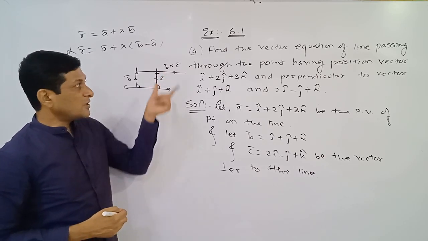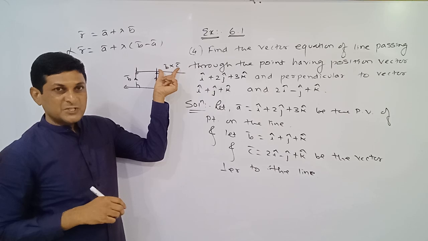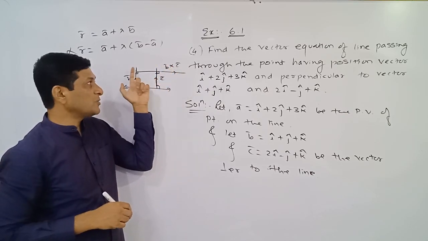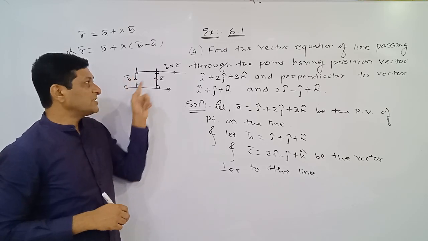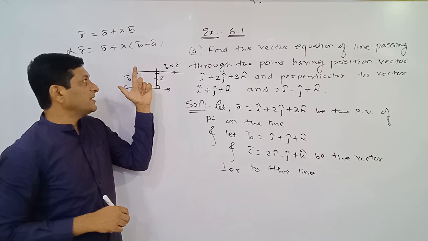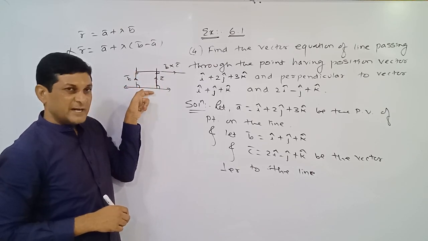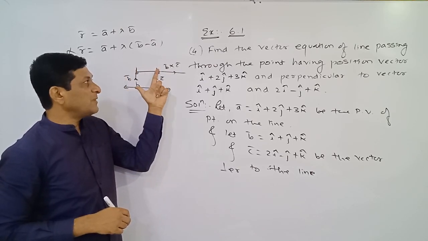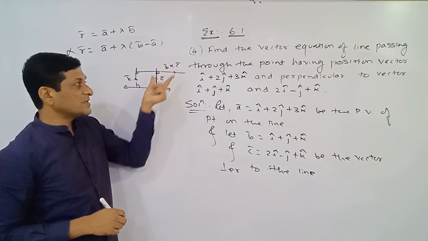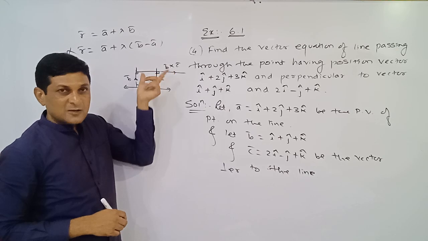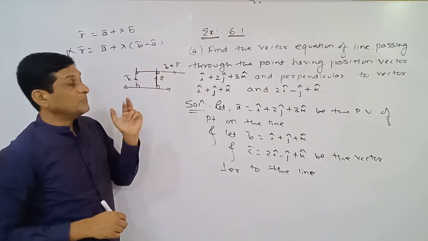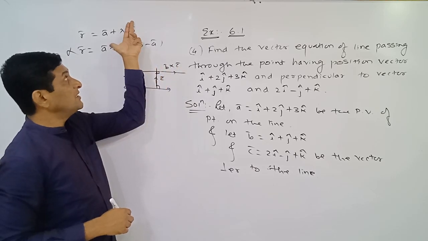This part already we have discussed when we have seen all the result and definition of what? Cross product. That cross product of two vector is a new vector which is perpendicular to plane of B bar and C bar, means it is perpendicular to B bar also and C bar also. Now B bar and C bar are perpendicular to the line, and B bar cross C bar is also perpendicular to B bar and C bar. Means what we can say about B bar cross C bar and line? Means we can say that B bar cross C bar is a vector parallel to the line.